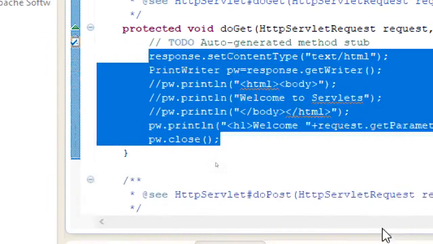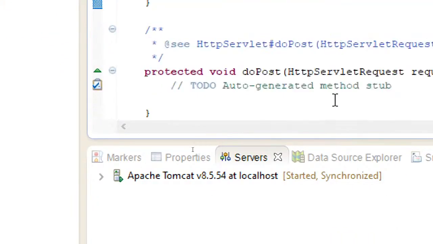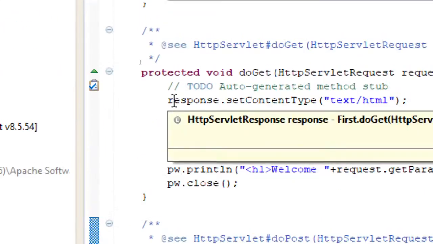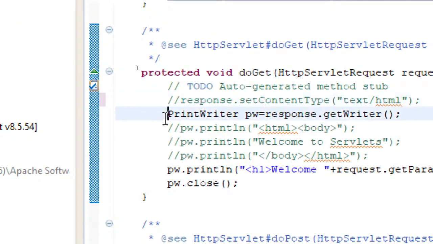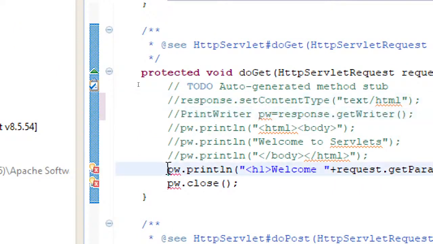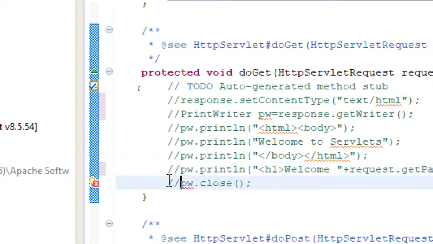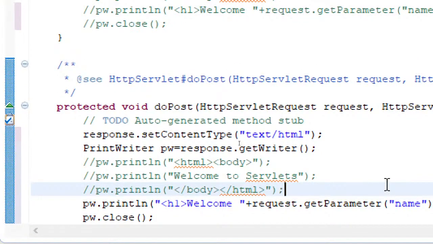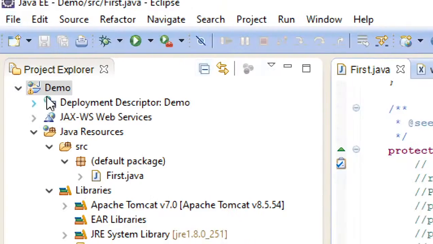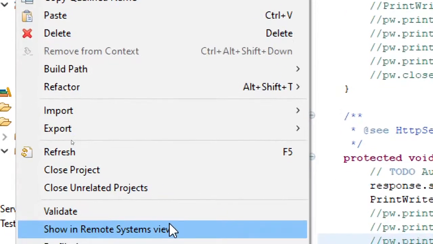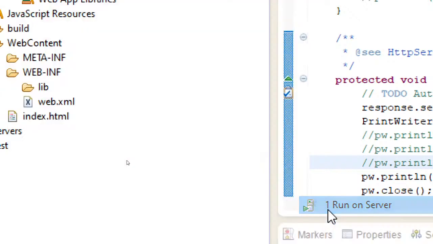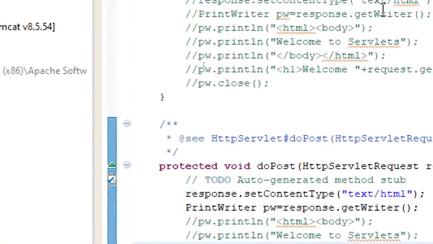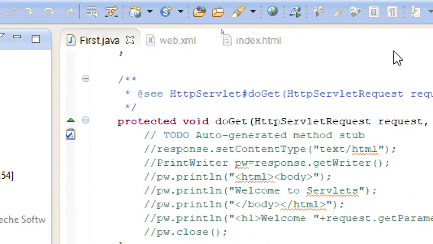Control C, Control V, and now let's keep the comments here. doGet, let me put it in comments now. So now only doPost is there. Let me save this, and once again let's run this project. Finish, restart my server. Let's see.